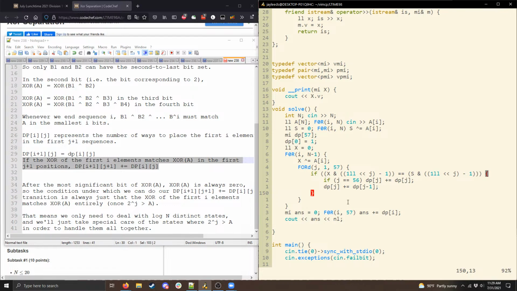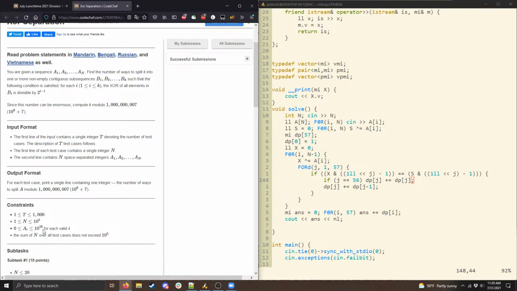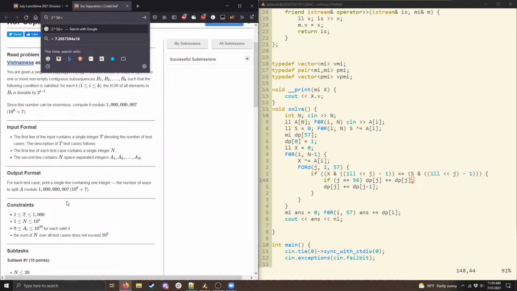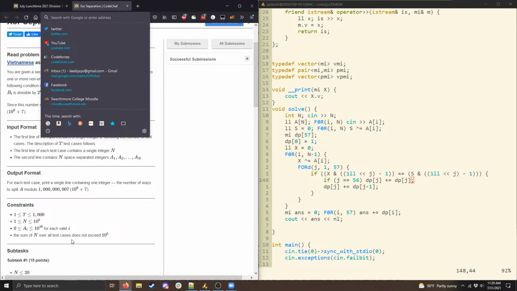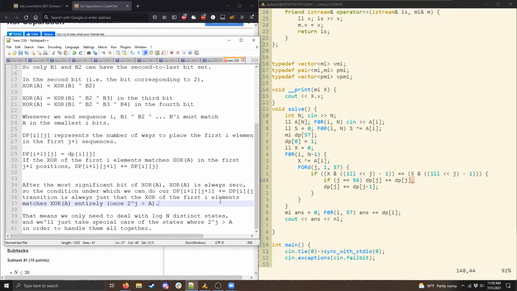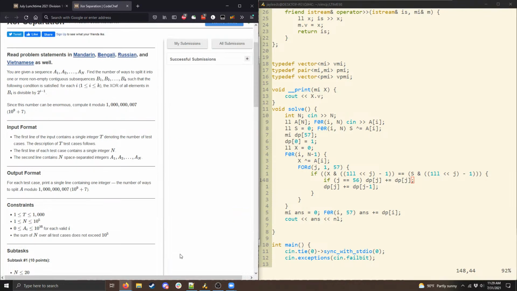And then the one catch is in this maximal state. So I calculated that 2 to the power of 56 is going to be significantly greater than a sub I, and so it's going to be greater than the XOR of a. And so if this is the case, then we can also transition to this last state from itself, and that's to handle the case where all the cases are distinguishable. This is essentially saying that we can transition from 56 to itself instead of going from 56 to 57. Okay. Yeah, so that's the problem.